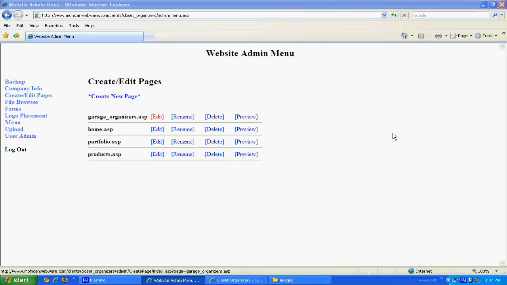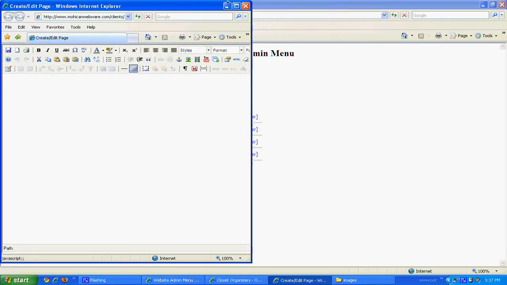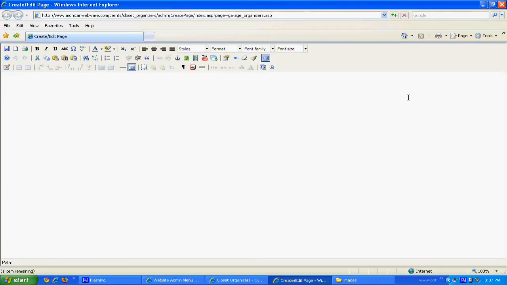So go ahead and click edit. This is going to take us to our page editor. Now this is a third-party software that is free software. It's called TinyMCE, and it allows you to edit the page similar to Word. And I've just done a few tweaks to personalize it to our system to make it work good for us. Let's go ahead and make that full screen, and it's just slowly loading. So now if you look, it's